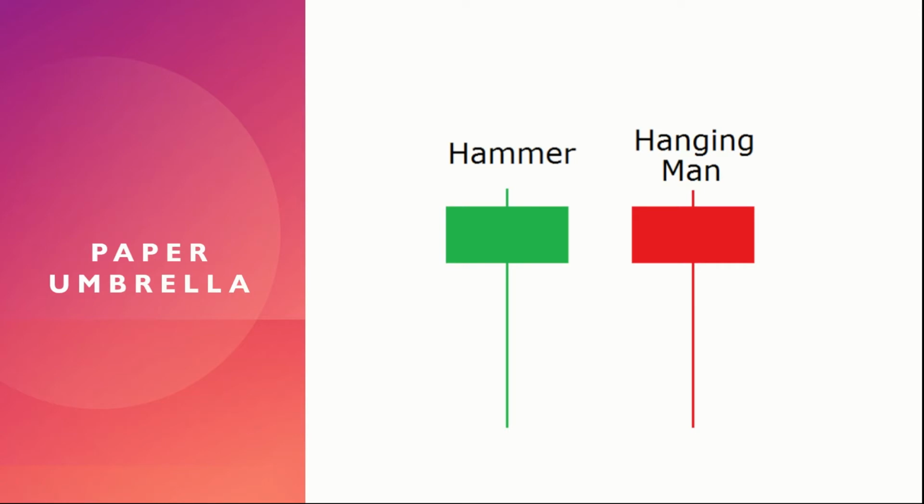So now that we have some understanding of both these candles, and we know that the hammer is a bullish reversal candle and the hanging man is a bearish reversal candle, let's jump into a chart and see if we can identify a couple of hammers and hanging men, and see if we would have taken a position depending on the theory, whether it would have resulted in a profit or loss for us.